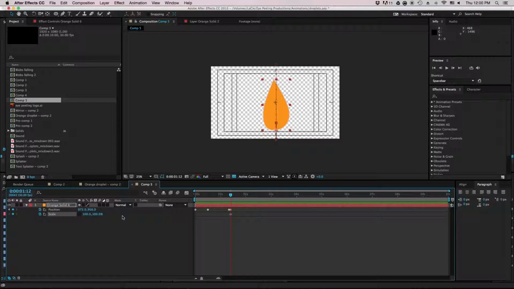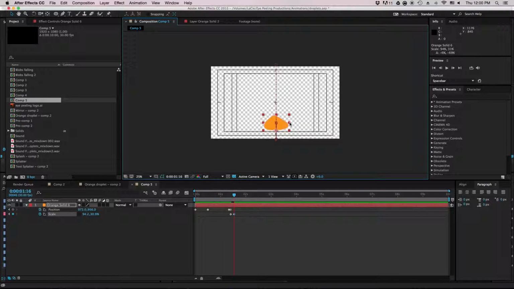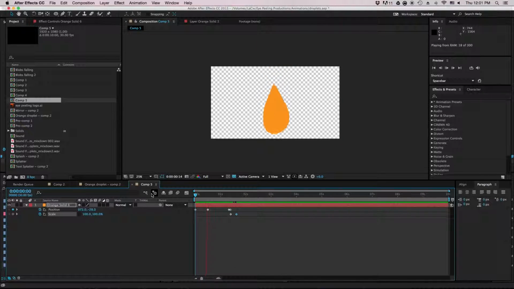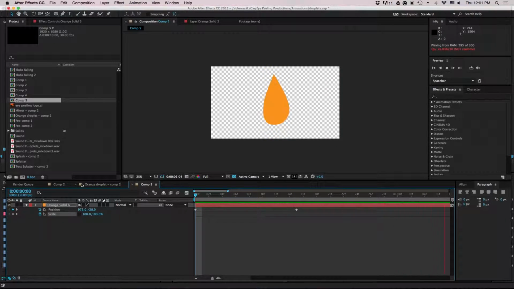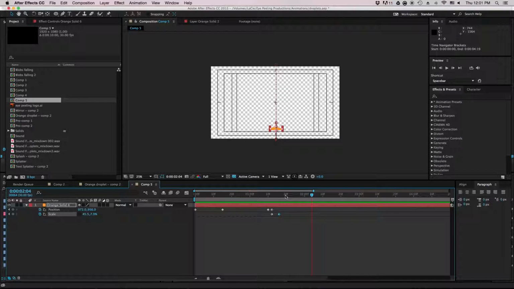And we're going to unlink it so that I can change the X and Y scale differently. So now, once that hits the ground, that's its ground indicator, it is going to shrink significantly in size this way and this way until it's like a flat blob. Yeah. So let's see what that looks like. Could be even faster. Let's make it, yeah, that should be, let's see if that works. Yeah, and then